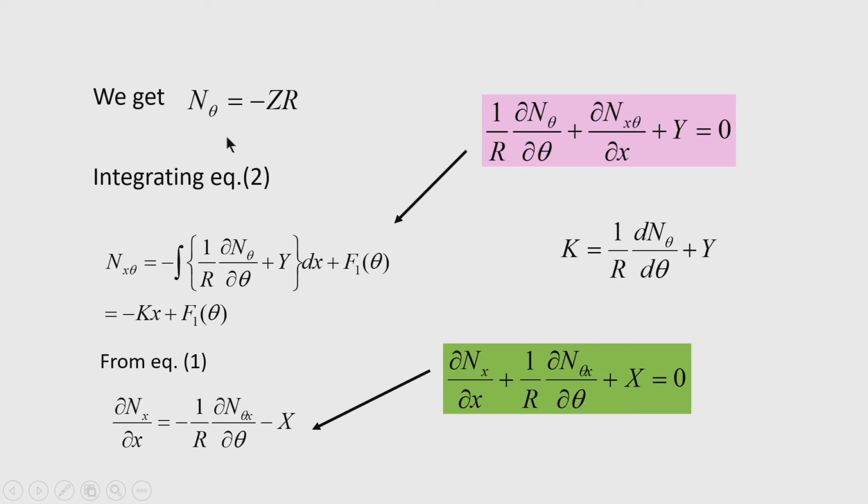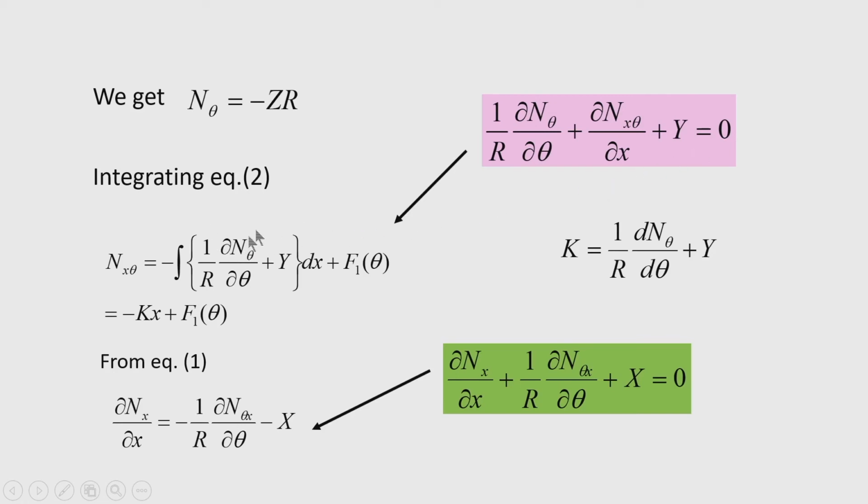So, from the third equation we get n_θ equal to minus z r. Now, if I substitute this n_θ equal to minus z r in this equation, we are targeting to obtain n_xθ. If I take ∂n_xθ/∂x in the left hand side and transfer (1/r) ∂n_θ/∂θ to the right hand side with a negative sign, and capital Y is also on the right hand side with a negative sign, then